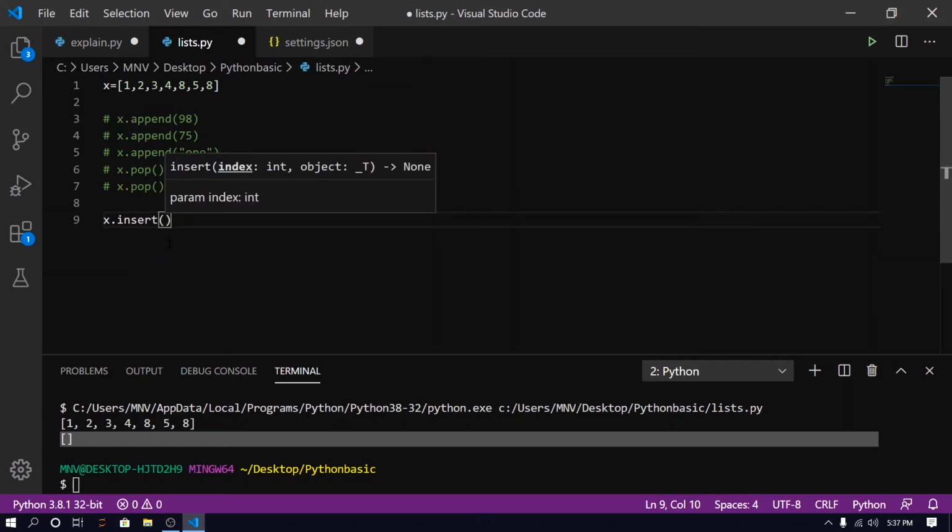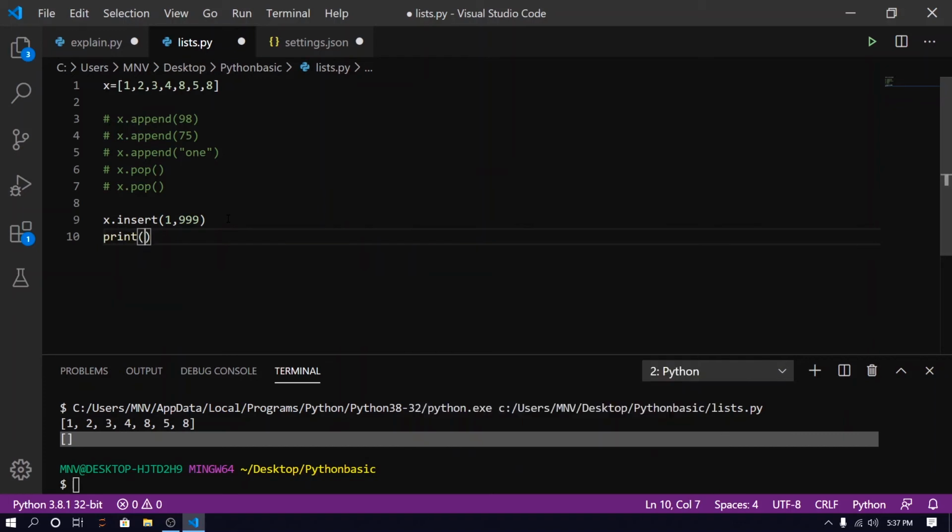Here the first argument is our index. You have to pass the index value where you want to add a new element. For example, at our first index I want to add a new element, 999. Now I'm going to run our code with a print statement, so we can see our changes.